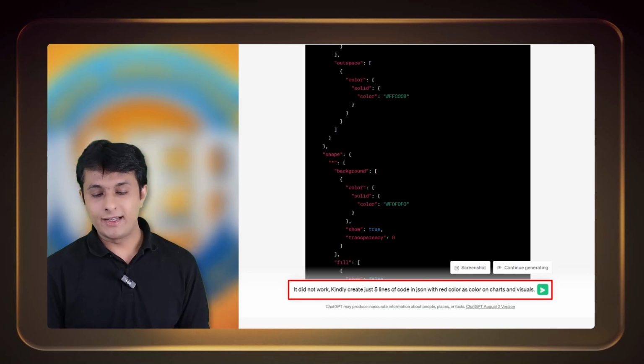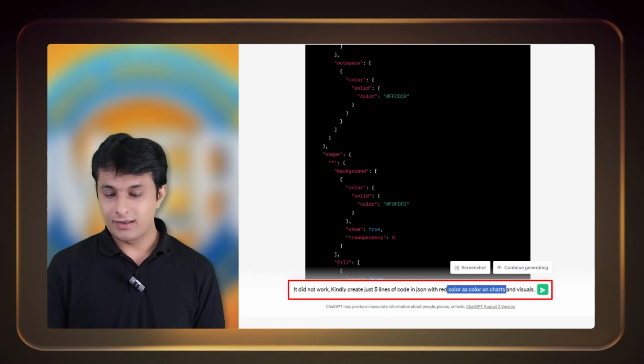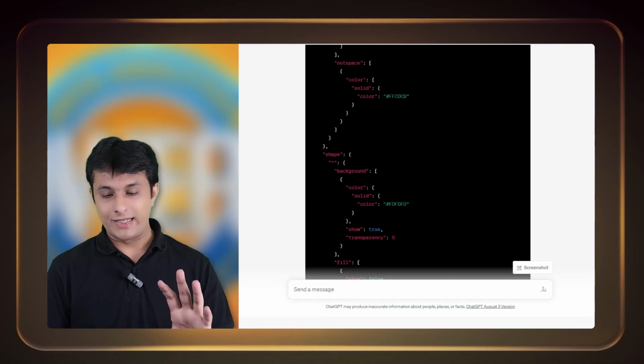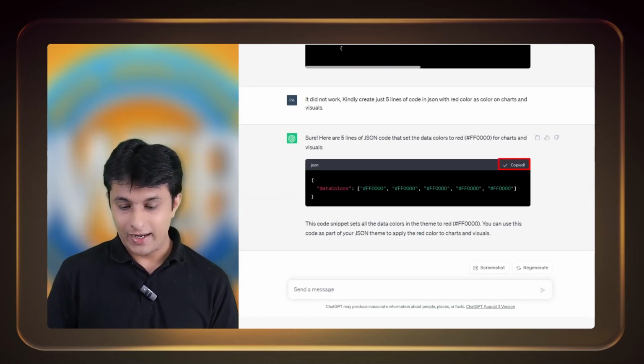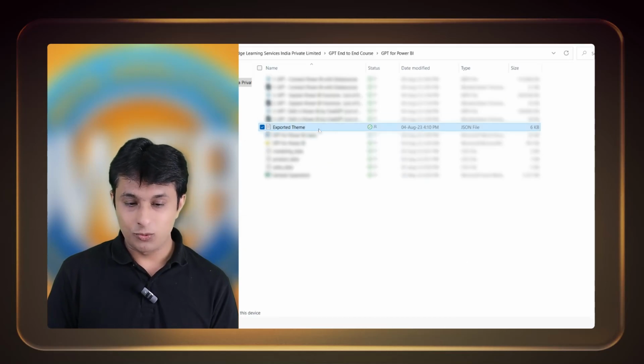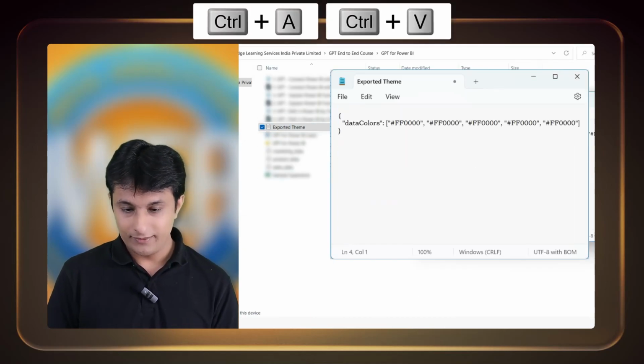So it did not work. Kindly create 5 lines of code in JSON with red color as color on charts and visuals. That's it. So I just forwarded this thing. Let's see if it creates. I can copy the code and I will go back to this place, exported theme, Control A, Control V, save